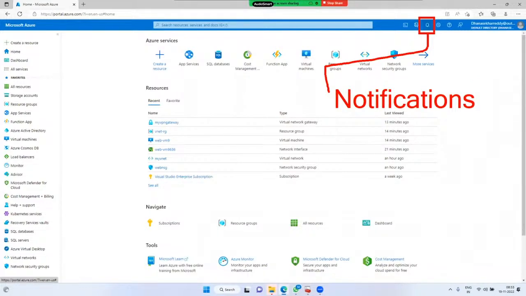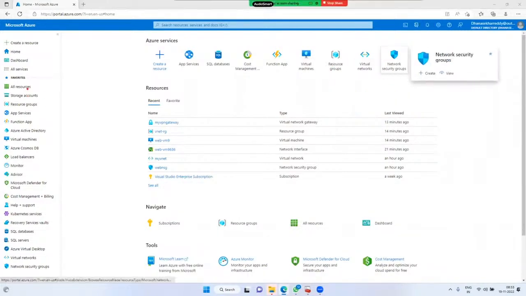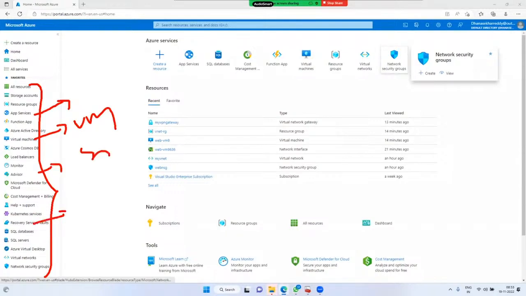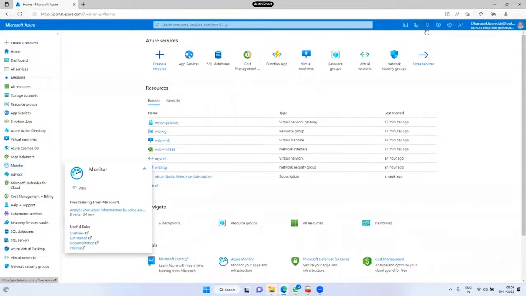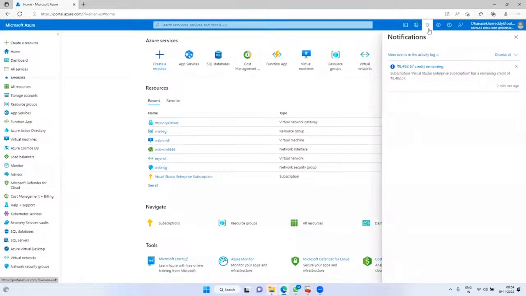For example, you have created any service, maybe app services, virtual machine, storage account, networking, SQL server, etc. If you create any service in Azure, whether the service deployment succeeded, or is in progress, all that information you can track in notifications. We will call this notifications.